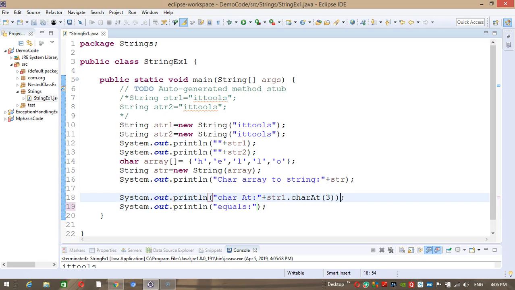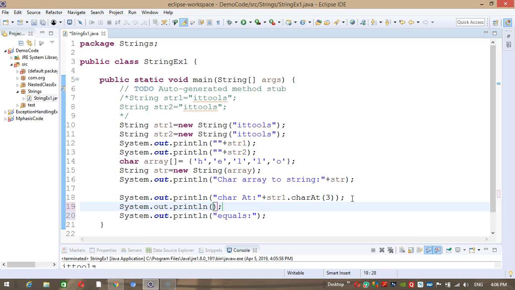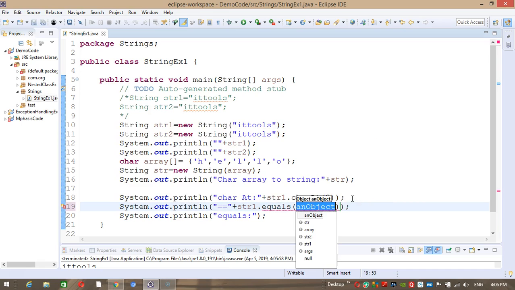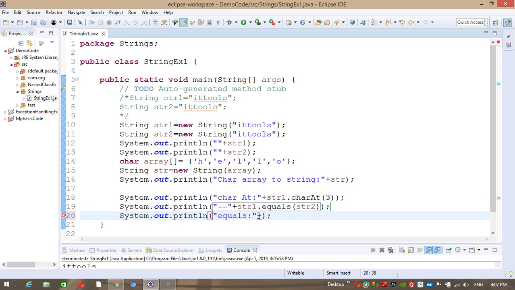We'll see the difference between the == operator and the equals method. If I use the str1 object dot equals str2, and the same if we do it for equals.